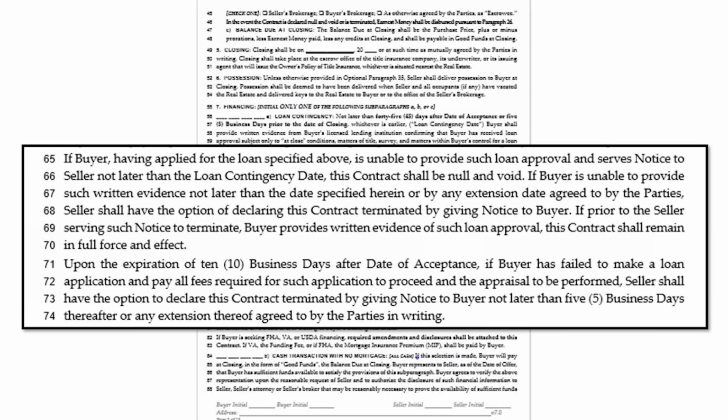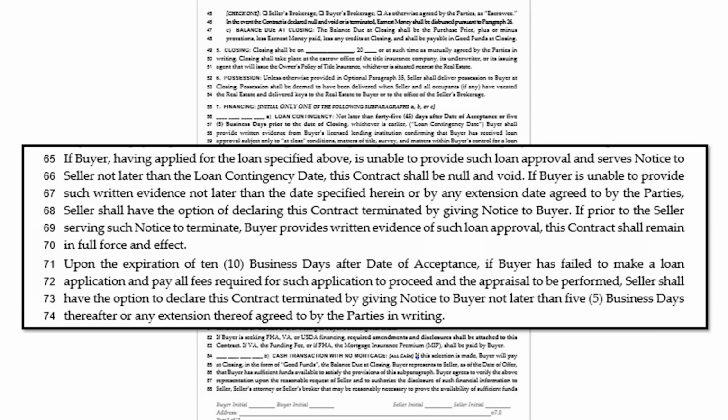which means you need to know whether or not the buyer needs to bring in a W-2. Does he need to bring in his divorce papers? Does he need to bring in his DD-214 if he is a vet? What is it that he needs to give to the lender to make sure that this thing is moving forward? Okay, so then we need to make sure the buyer does his mortgage application on time, because if he doesn't, there's no way he's going to get this mortgage in 45 days.